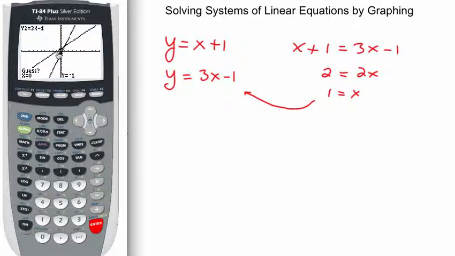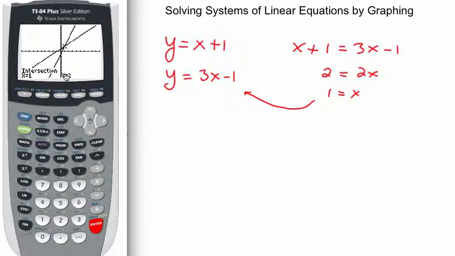And then the calculator asks us for a guess, and there is no perfect way to do this. With two lines it's obvious: cursor slightly towards the intersection point. In a more complicated scenario with quadratics and so forth, you might have 3 or 4 intersection points, and it's quite important that you cursor near the one that you're most interested in. And when you have your guess all set to go, you press enter,